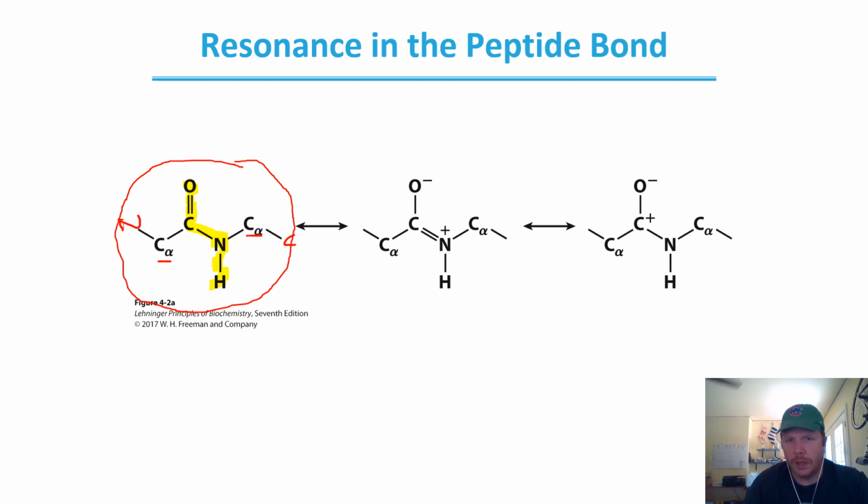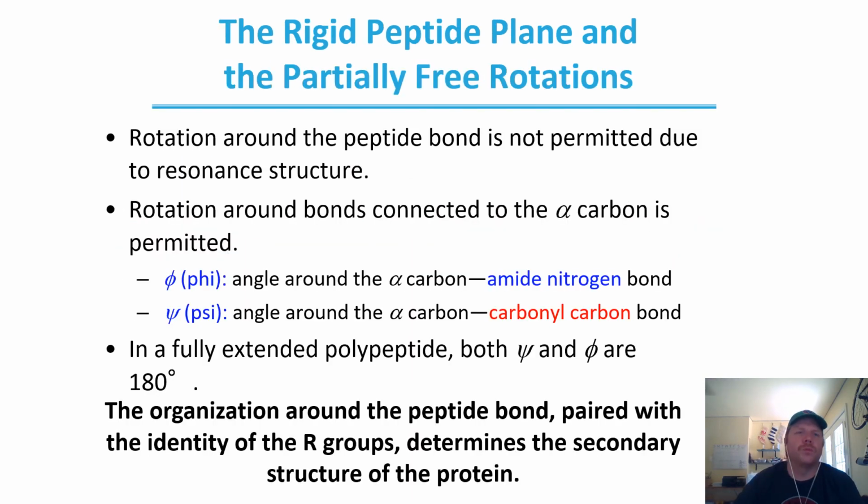As is the case with resonance structures, we're not really concerned with those two charges because they're basically mitigated or stabilized with the help of that resonance. Now, the rigid peptide plane has partially free rotations. So what you need to think about with respect to those rotations and with respect to that peptide bond is